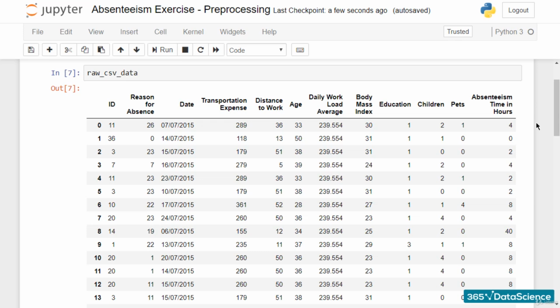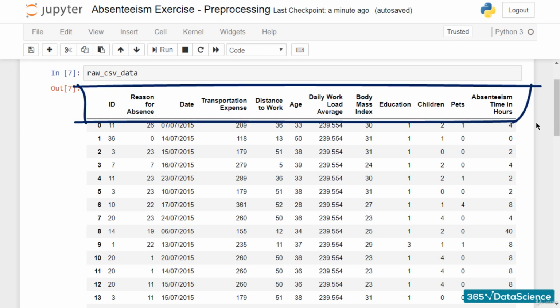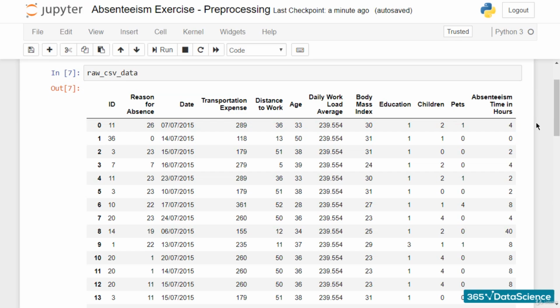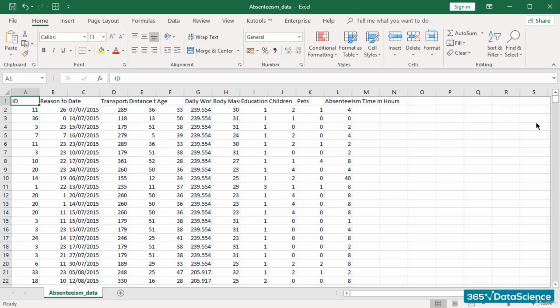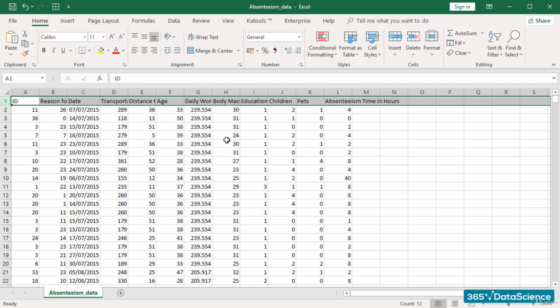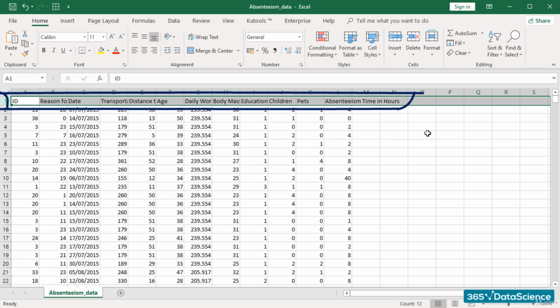Right. So, perhaps the first thing to be brought to your attention is the fact that you see the column names on the top of the dataset right away. There's nothing complicated hiding behind the curtains here. By default, Python assumes that row 1 from the CSV file you are importing contains column names and no data